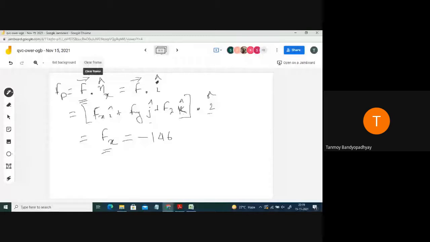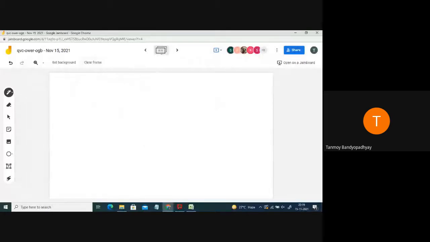Next, you have to calculate the CD vector. So you have to calculate RCD. You do this yourselves and continue; after taking the attendance, I will complete the next part if I get time. So this is ROC minus OD. Let's write out the coordinates of the point D and the coordinates of the point C.